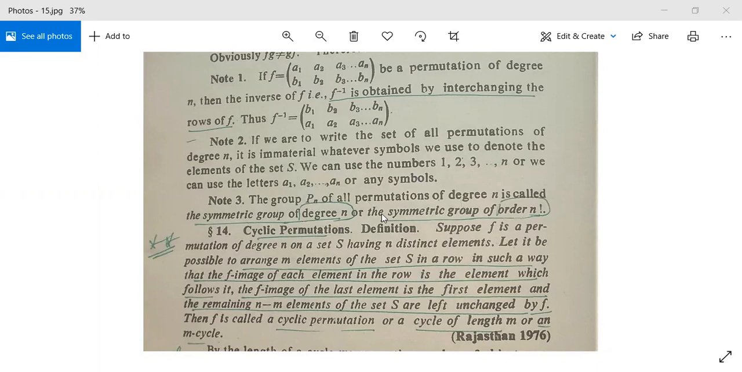Note 3: देखो, the group Pn of all permutations of degree n is called the symmetric group of degree n or the symmetric group of order factorial n। इसके बाद आ जाता है तुम लोग का